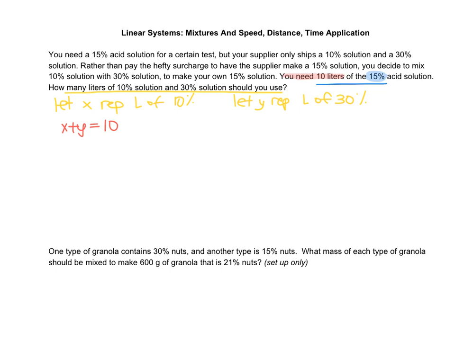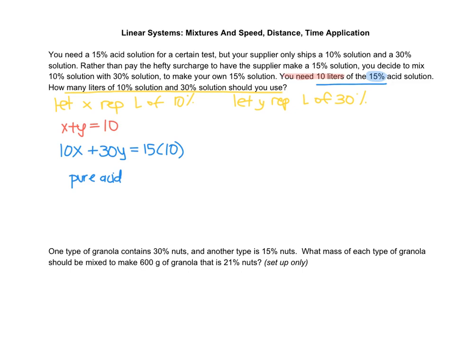So here's the mixture part. I want 10% of X. So usually you turn 10% into its decimal and multiply it by X, but we can just use 10 as long as we're consistent with our other percents. So I'm going to take 10% of X and 30% of Y. So this is the pure acid coming from my two solutions. And if I add them up, I should get the pure acid in my mixture, which is not just 15. It is 15%